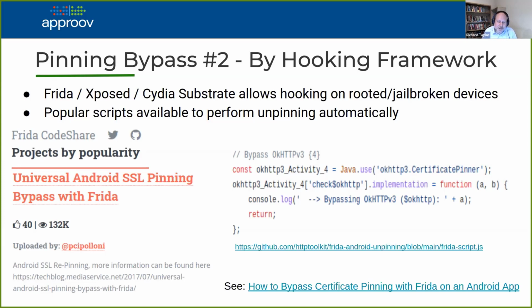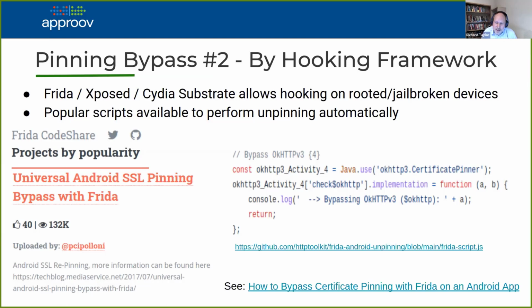That's an enormous script that looks at all the different ways pinning is implemented in the stack for different types of networking stacks, and inserts changes to the code at runtime to make sure that the pinning isn't active. So this is an example I pulled out.